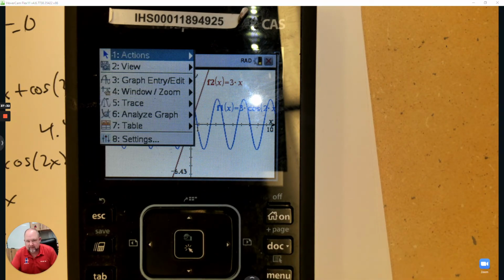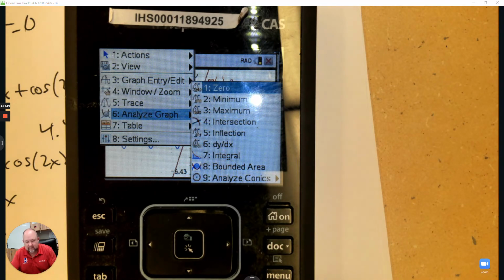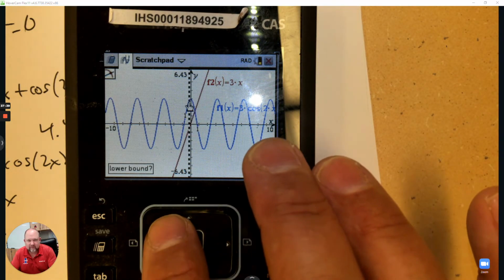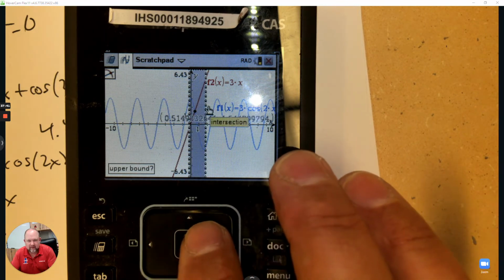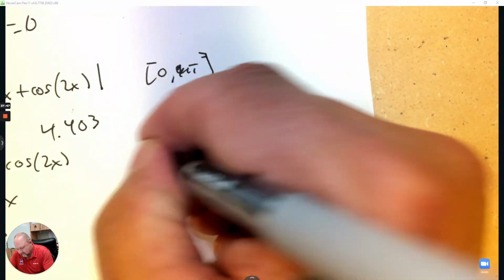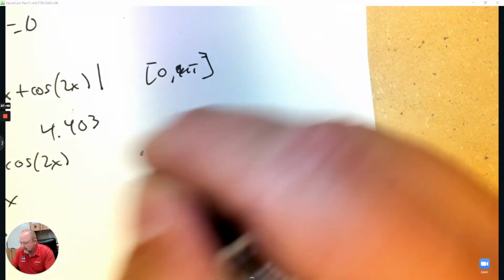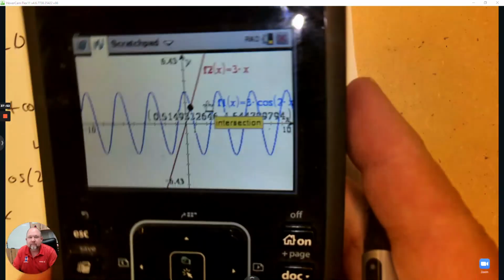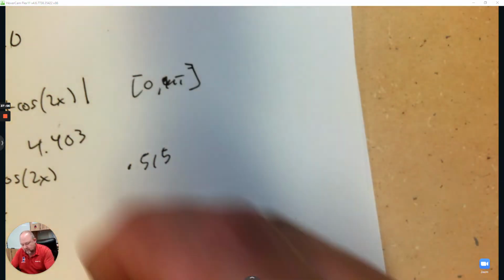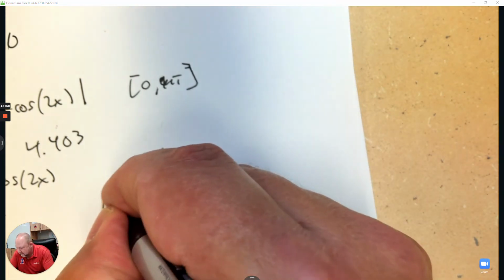So I'm going to press menu. I'm going to go to analyze and then number 4. And then move it to the left and press enter. And then move it to the right. And then it's 0.515. I'm going to use that. All right, 0.515. Okay. So I'm integrating from 0 to